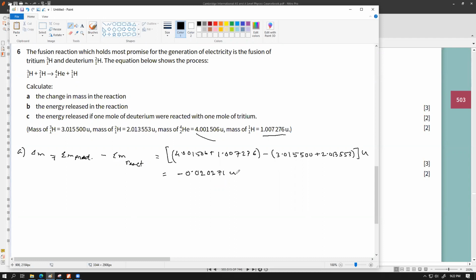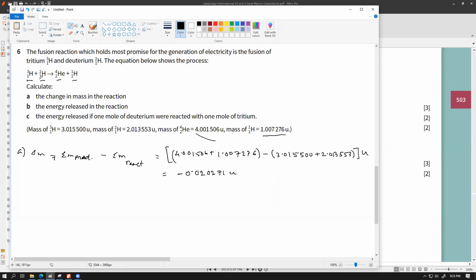0.02 u. Okay, this is our mass deficit, the change in mass of the reaction. If you wondered how it is possible that the mass change could be negative, well, it is possible in nuclear reactions, because within this thing we have mass plus energy. So when the reaction happened, the answer being negative essentially means that the products have